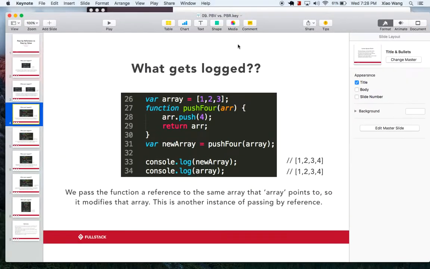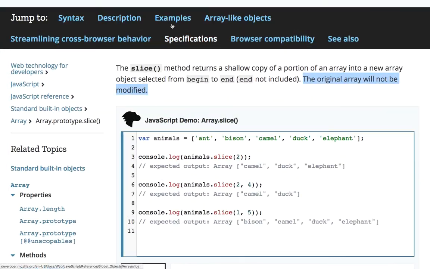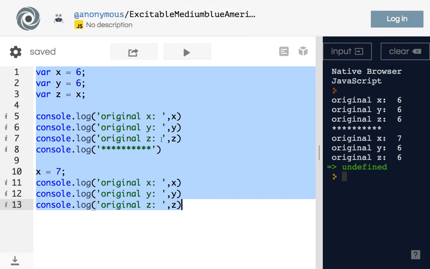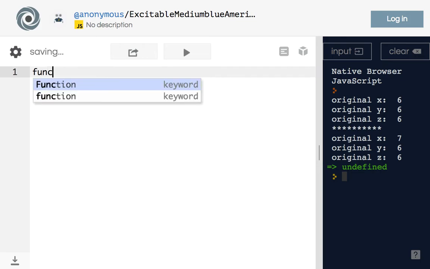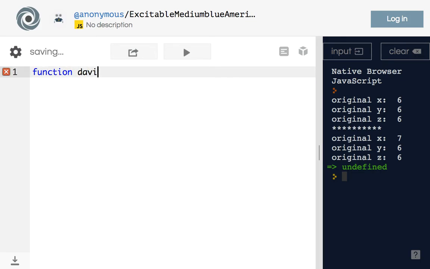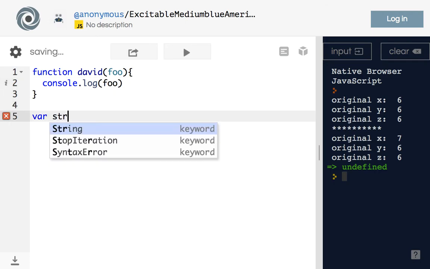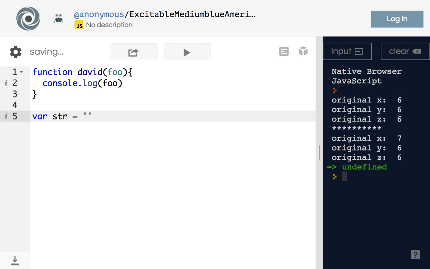I'm getting a few blank looks, and I really want to hammer this one home because this is super critical. This is probably the most common place where pass by reference versus pass by value get mixed up. If I have a function, we'll call it David, that takes in an argument called foo and all it does is console.log foo, and I have var str equals name, and then I invoke David with str,